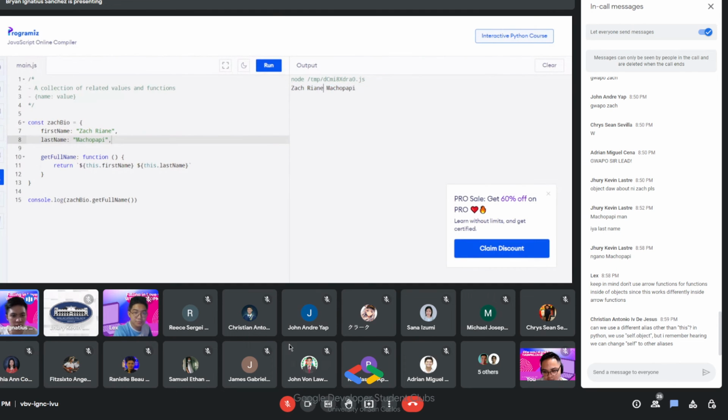What nested objects are, as the name implies, is just an object within an object. So for example,